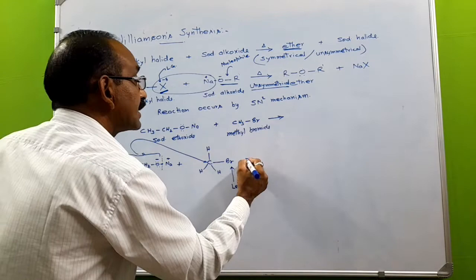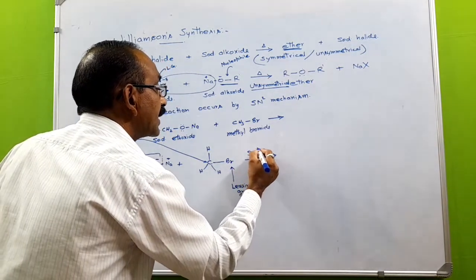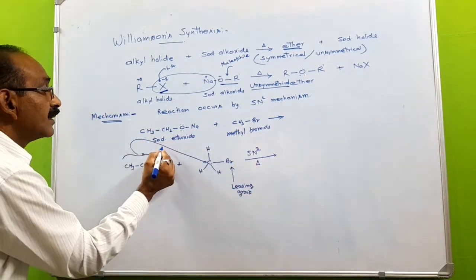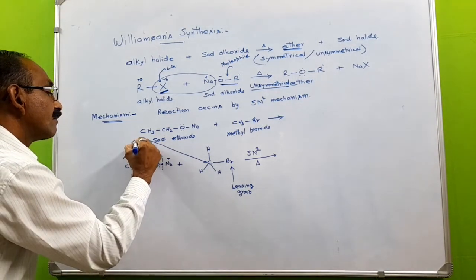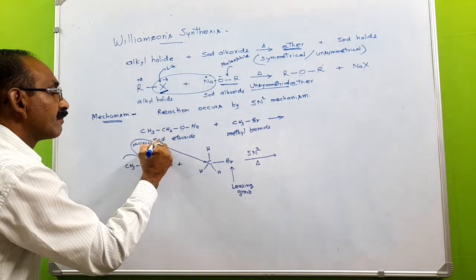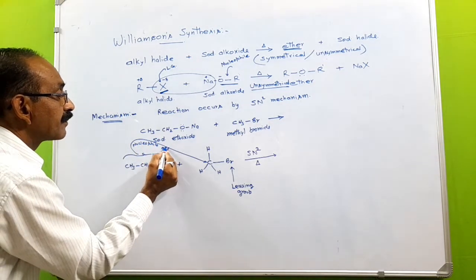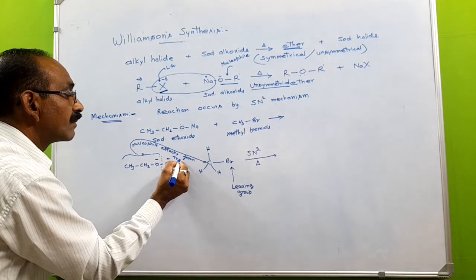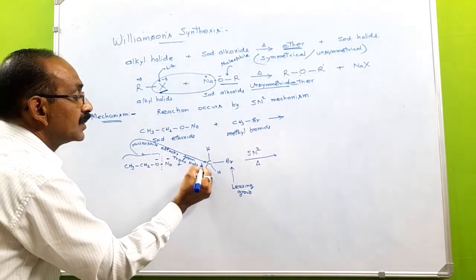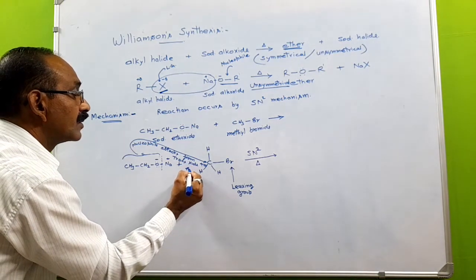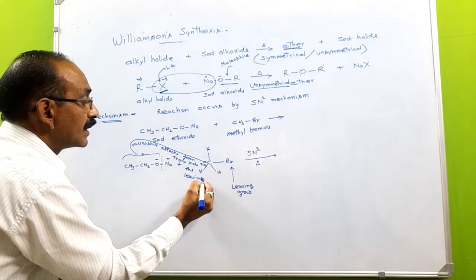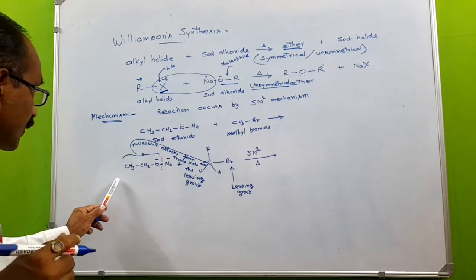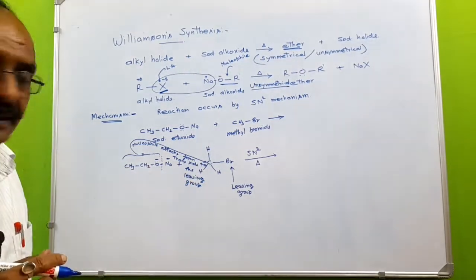So in SN2 mechanism, the nucleophile attacks from the trans side to the leaving group. In this case, our leaving group is Br, so this ethoxide ion will attack from the trans side,